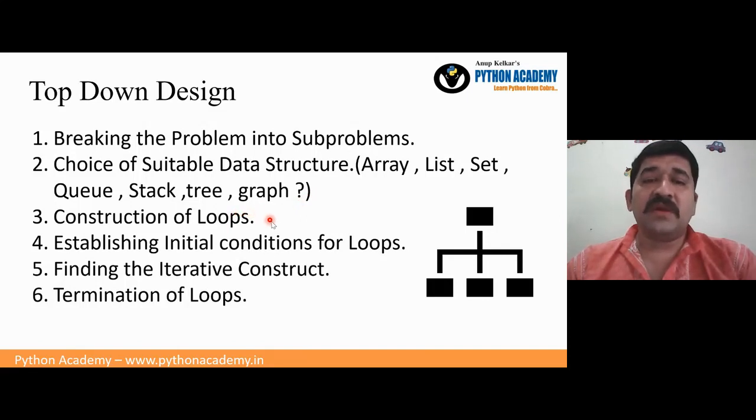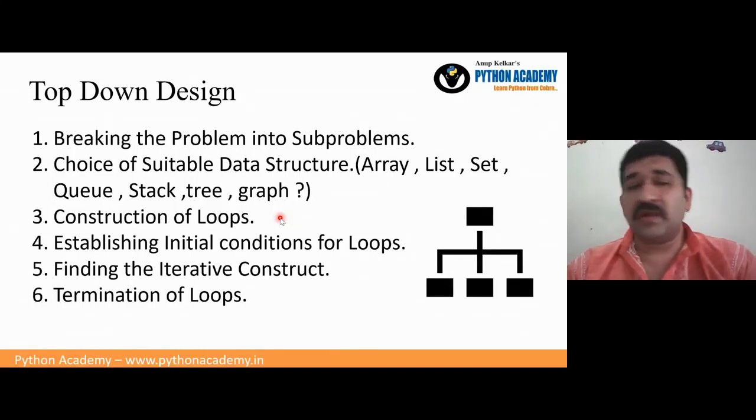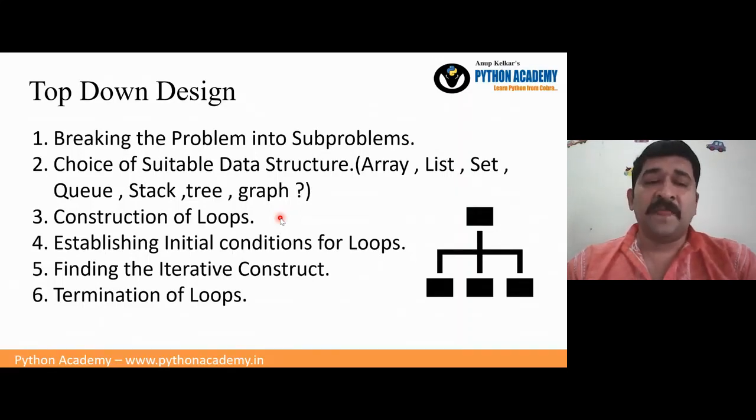Then there is the need, and most of the time it will be the construction of a loop. So there may be a single loop, a double nested loop, or maybe multiple loops separately. So every time, what kind of loops you have to create, and when you create the loops, how they will execute, how they will terminate, how they will initialize, these are the main points you always think of. Have some small values, try to run that, make sure it is working for all the scenarios, and then you can say yes, the loops which I am going to implement for my program are correct.